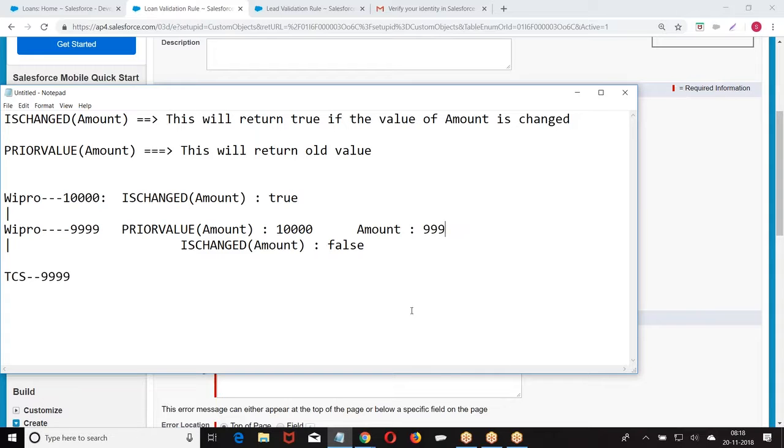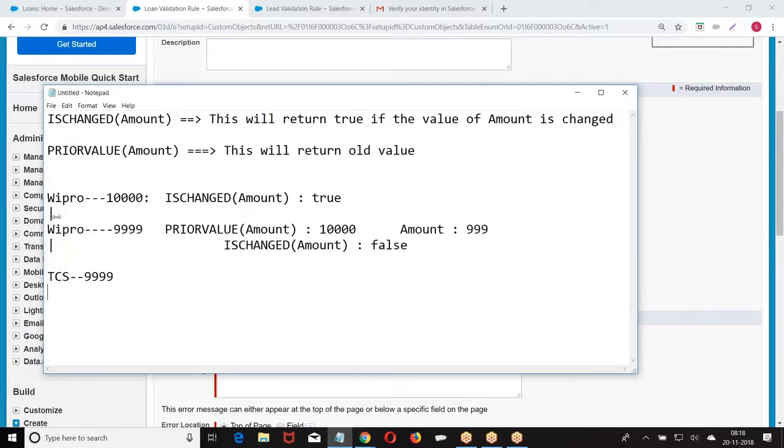Can we write a condition like priorValue amount? No. If the value is modified, you will have a prior value. Vijay, if the value is not modified, how will you get the prior value?